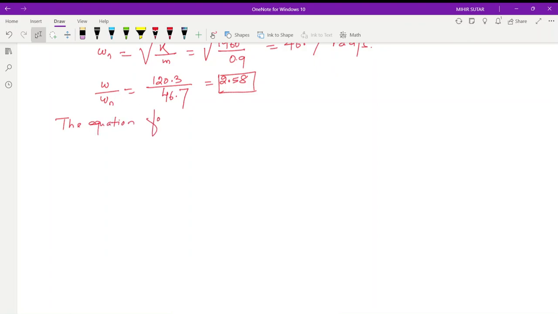Equation for base excitation for absolute amplitude